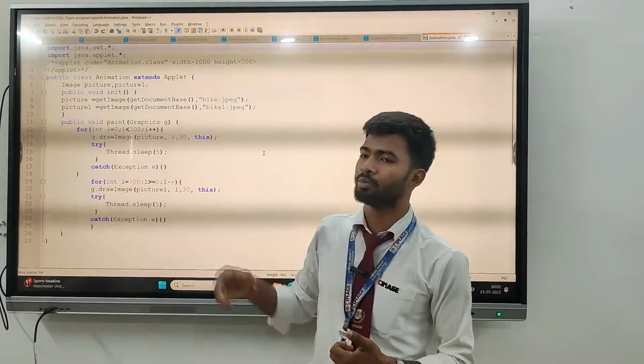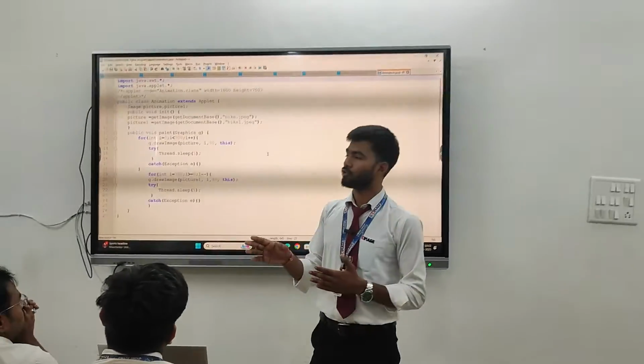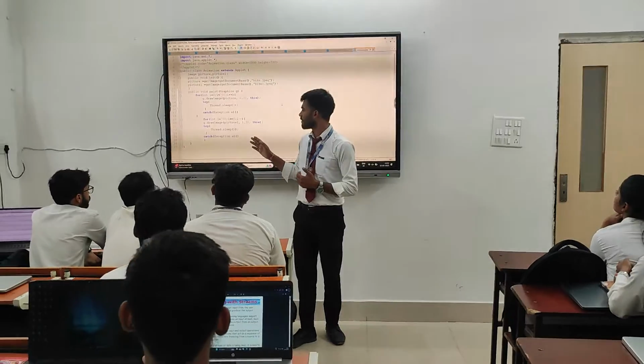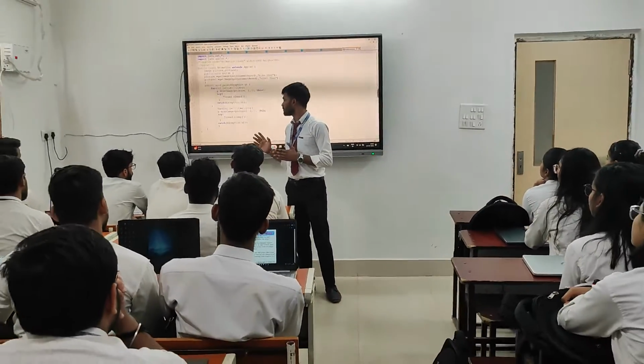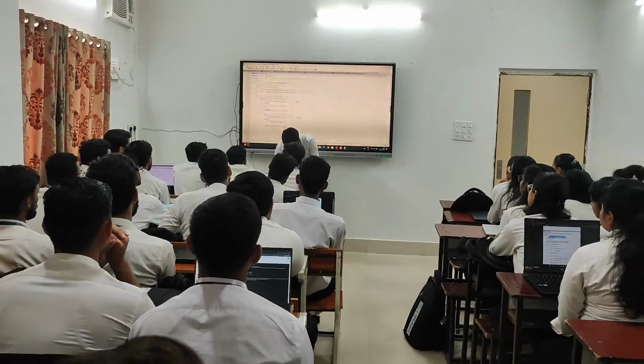First, there are two loops. The first is for the animation going from left to right, and the second loop is used for the graphic going from right to left. Now let's run the animation.